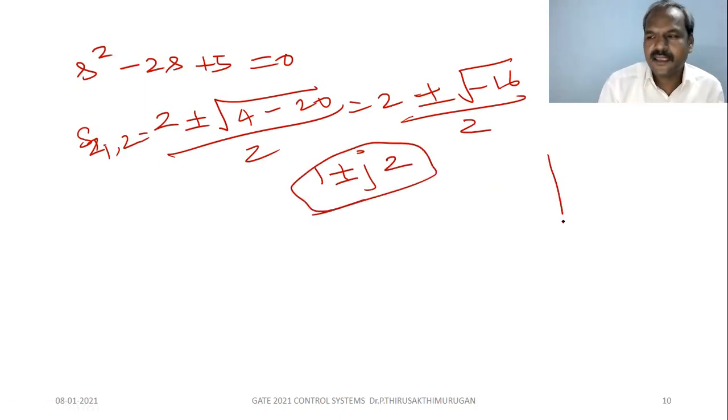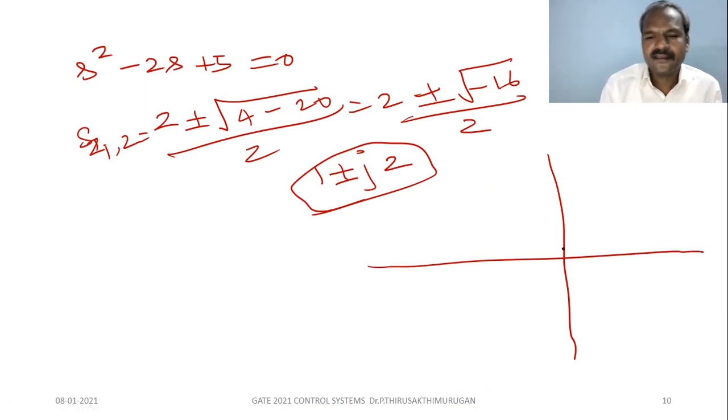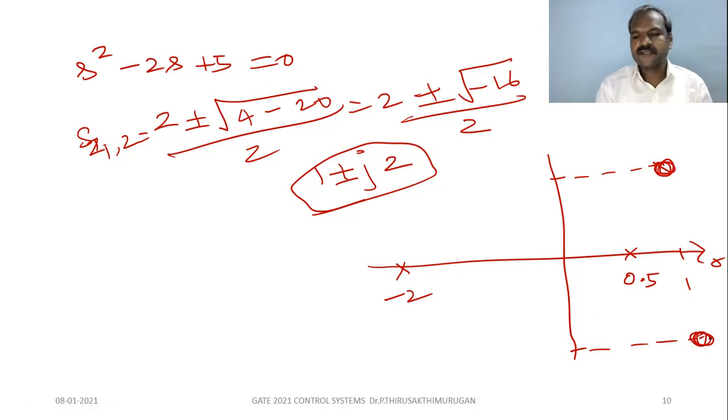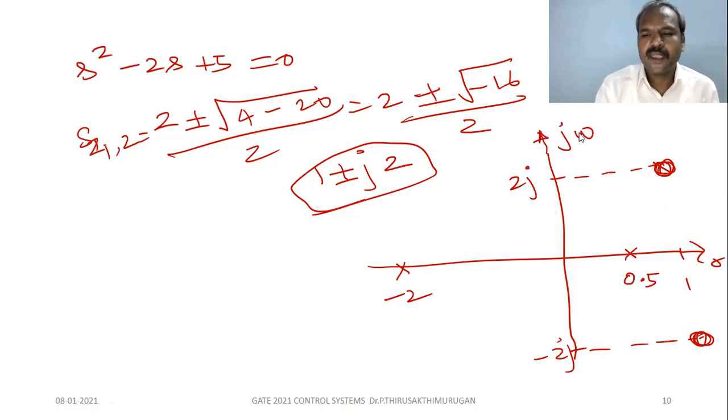So let us locate the poles and zeros here. One pole at 0.5 on the real axis, another pole at -2. Understand? So minus 2, then plus 2j, then 1. This is 1, and minus 2j. So this is the pole-zero diagram. So 2 complex zeros at plus 2j and minus 2j on the j omega axis. Understand?